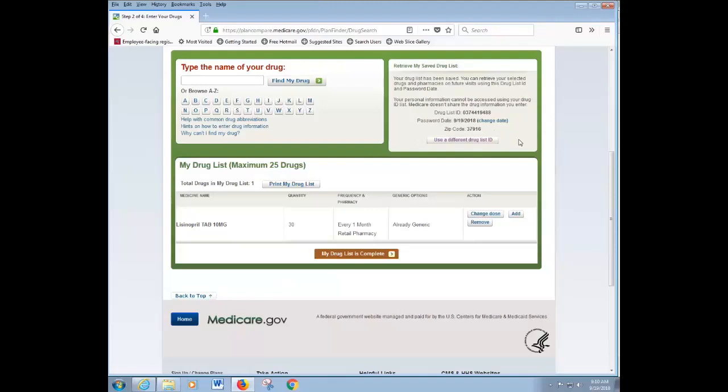And the good thing about that is you counsel them for open enrollment this year. They come back to you next year, and all you have to do is go into the system and enter the drug list and the password, and the medications that you entered will pop up, and you can make changes. And I'll show you how you can make changes in just a moment. So let's go ahead and put,